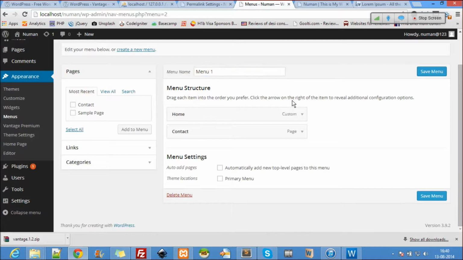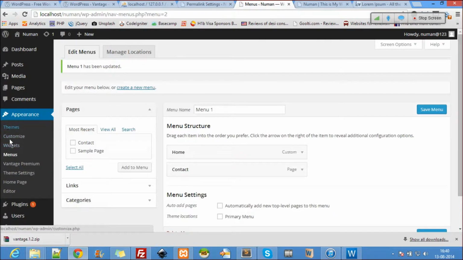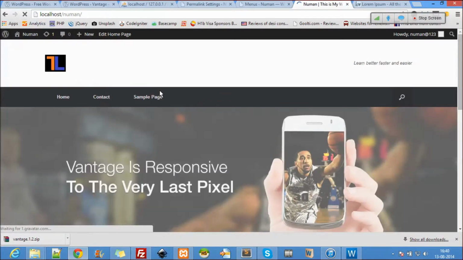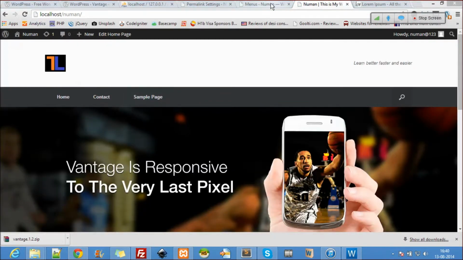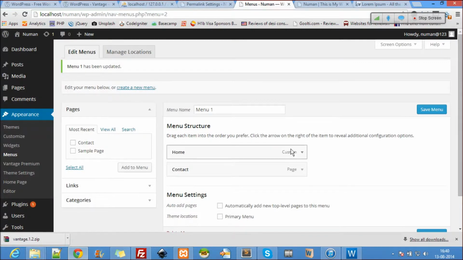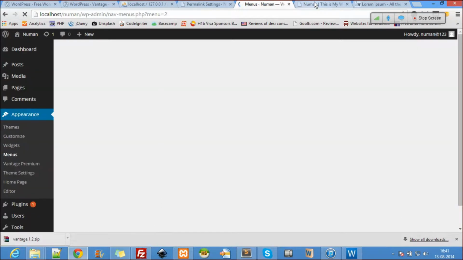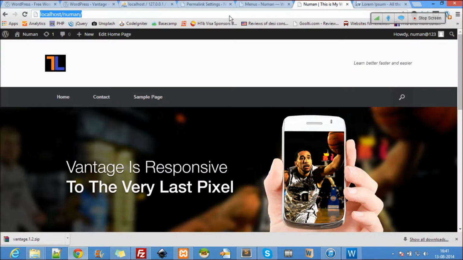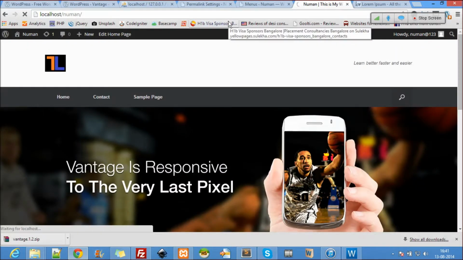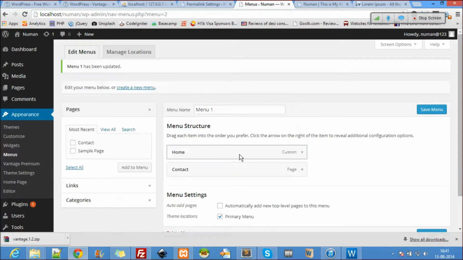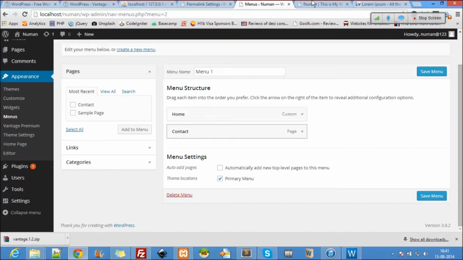Okay. So maybe it should come. I know. Sometimes the cache acts very crazy. Okay. Now it should come. Yeah. The thing I did is to use this menu as a primary menu. That's the only change I've made here. So that's real cool, real good.